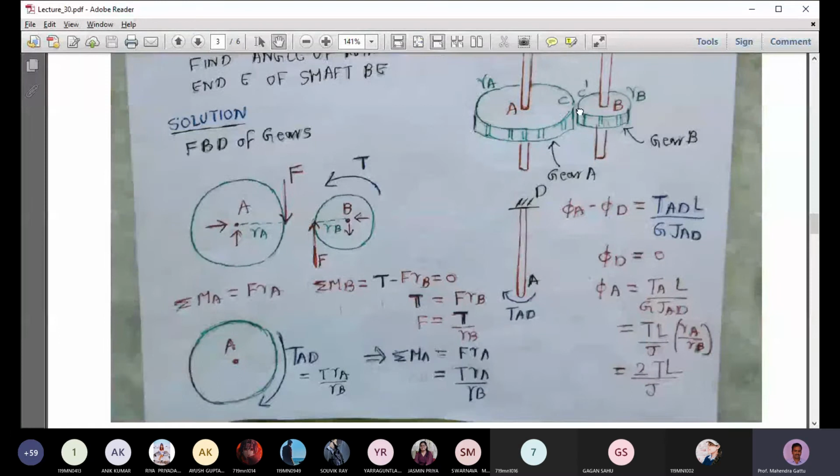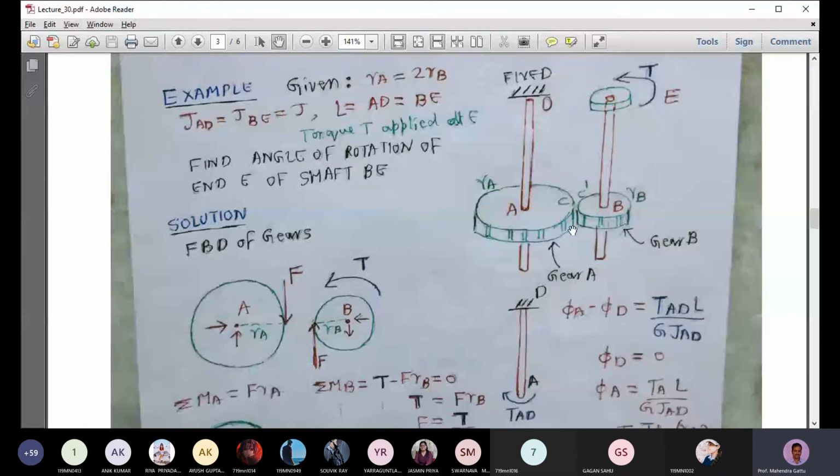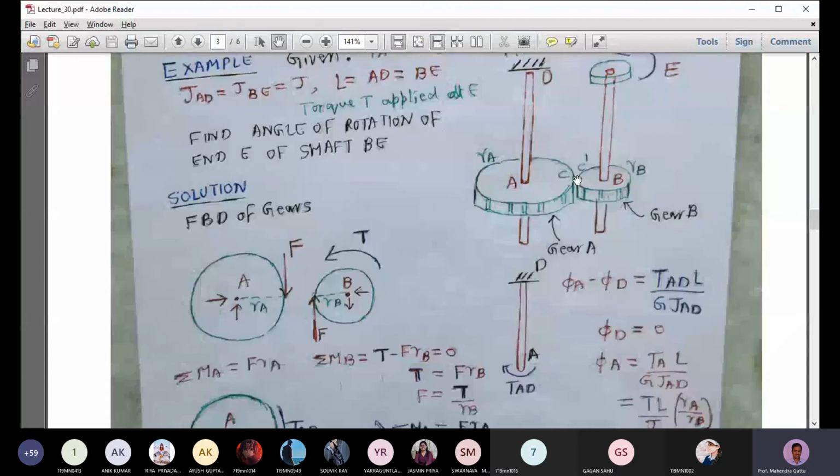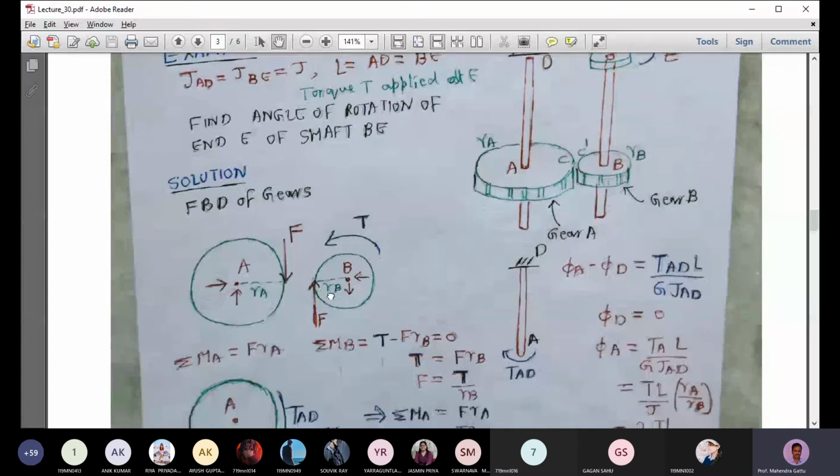So there is some interaction happening there. When you apply the twisting torque, gear A will try to prevent the rotation of gear B. Gear B will want to rotate like this, in the same direction, but gear A will prevent it. So there is some resisting force coming at this point of interaction. Gear A wants to rotate like this, but this is prevented, so this will provide some resistance. That force is shown here, F. And there will be some interaction force between the shaft and the gear, so there will be some reactions acting at point B.